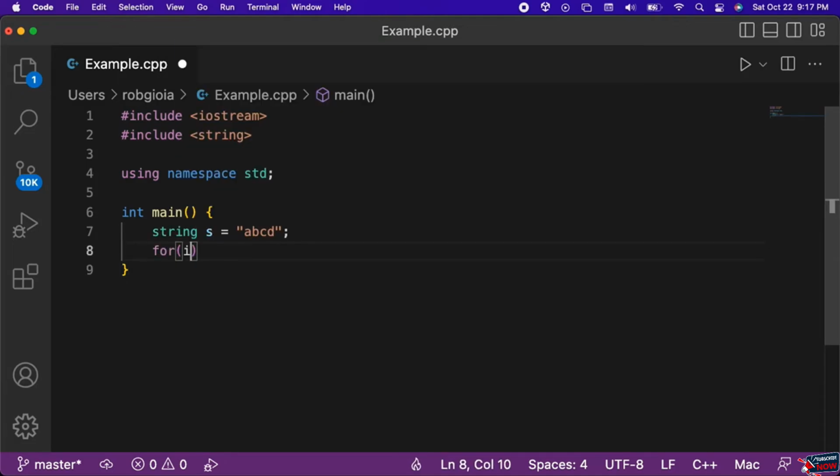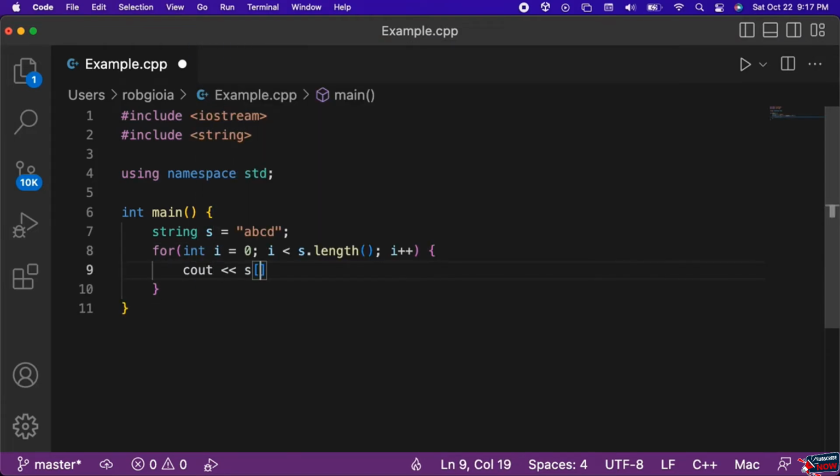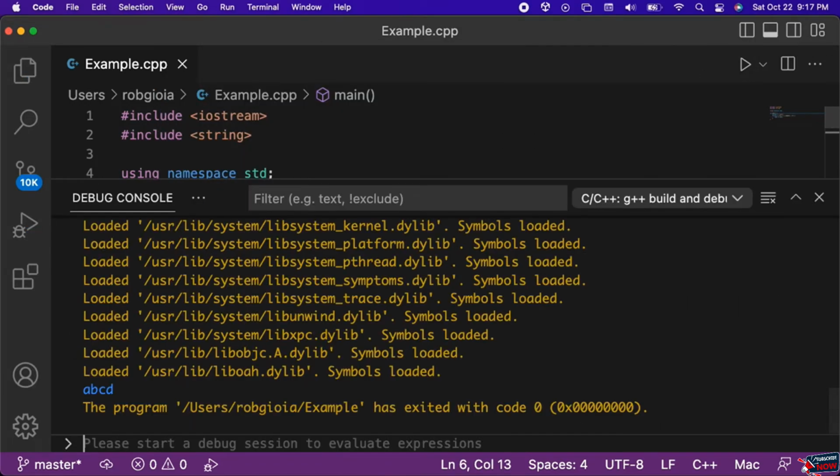Then we will have a for loop that starts at int i equals 0, runs while i is less than s.length, and increments i by 1 each time. Inside of this for loop, we will output the value of s at index i to the console. When we run the code, notice that each of the letters a, b, c, and d in the string were